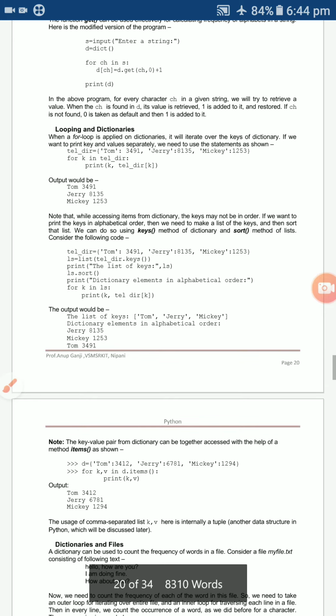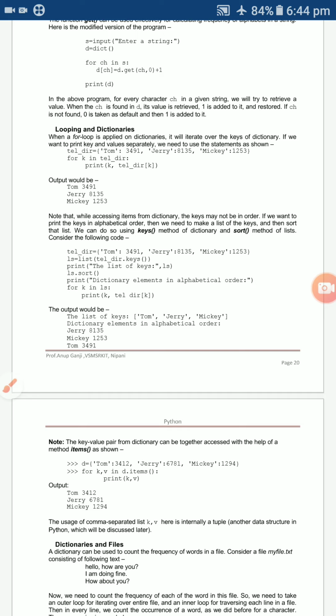And next, looping and dictionaries. If you have already studied looping in the second module, for loop, if else, nested, and while, do while, like that. Here also we are using for loops. It is used for separating the keys as well as the values.